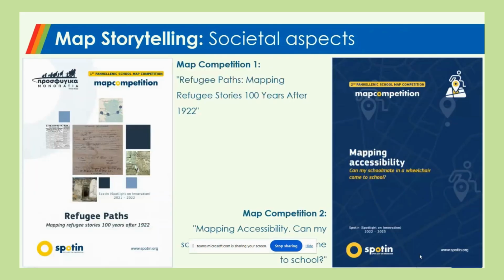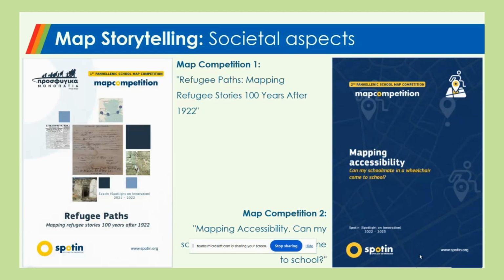But we also have a partner here in the GEO-Academy project working on these thematic areas, Spotlight Innovation. They organize every year a map competition. Two years ago, the map competition was focusing on the refugee paths here in Greece, mapping refugee stories 100 years after the 1922